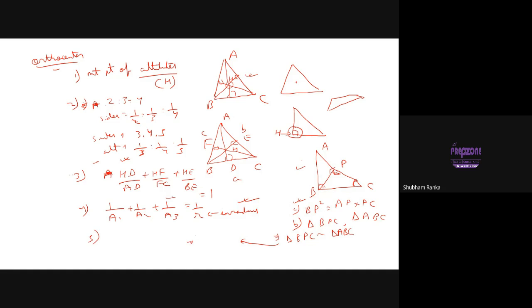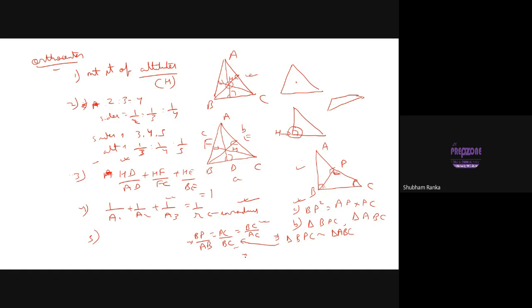So the three side ratios would be BP over AB, the first two from this, etc. And PC by BC is equal to BC by AC. So these are three side ratios, and if you start combining these, you may be given some of the sides, and you can easily figure out the other sides from this